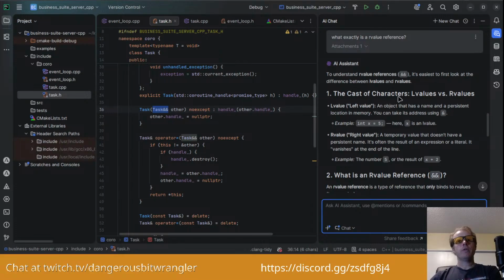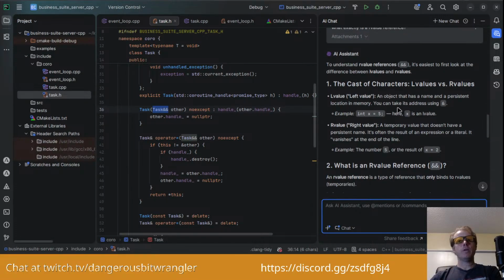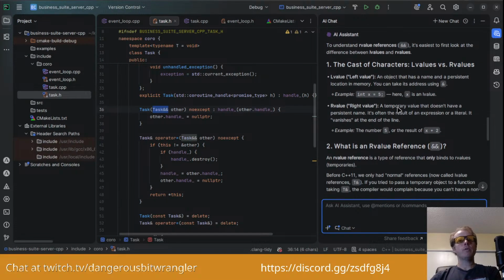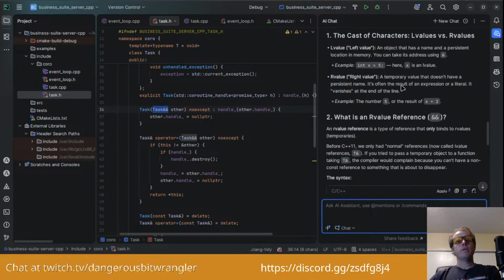L value means left value, an object that has a name and a persistent location in memory. You can take its address using the ampersand. Example, int x equals 5. x is an L value. Okay. R value, a temporary value that doesn't have a persistent name. It's often the result of an expression or a literal. It vanishes at the end of the line.